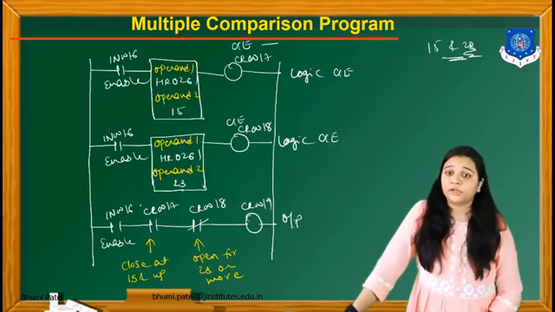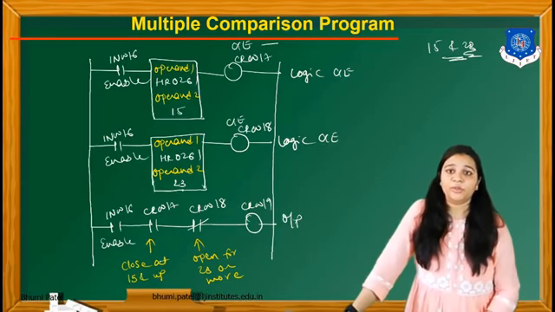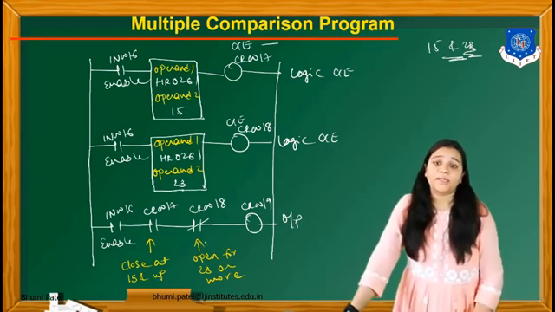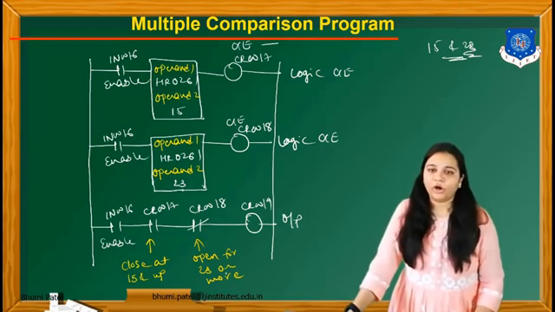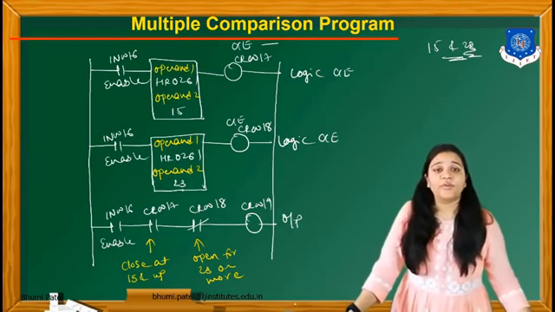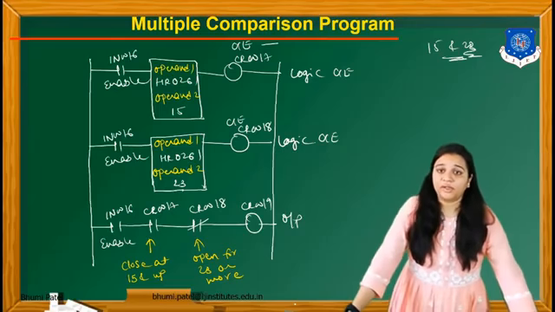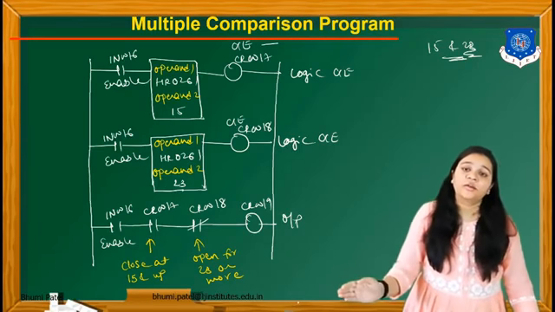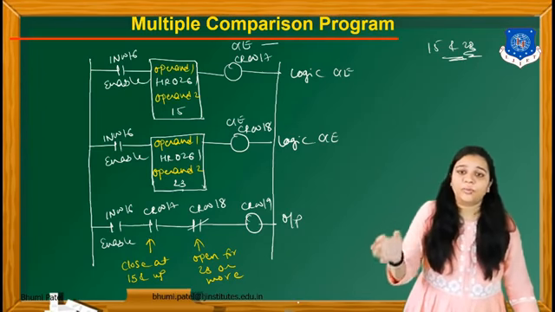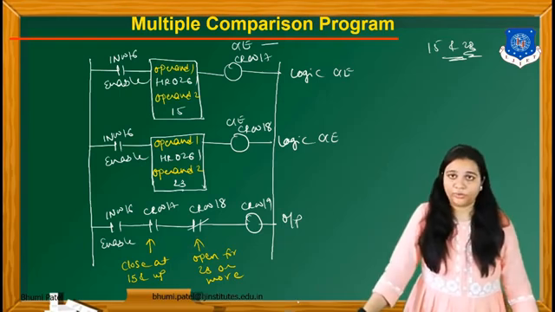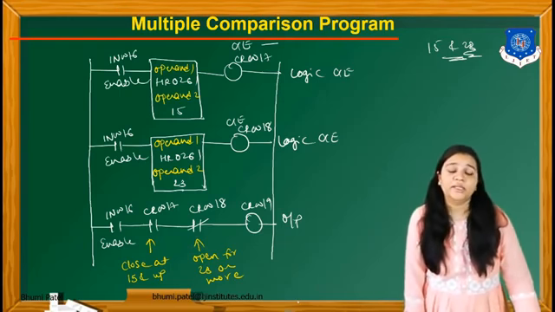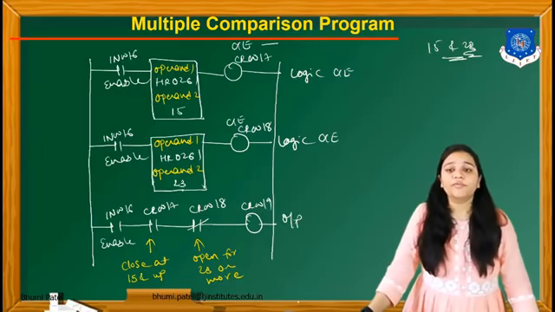So it is closed at 15 and up, and it is open for 23 or more. We have to find the number between 15 and 23, so for that we close output number 1 for 15 and up and open for 23 or more. Using the comparison function, we can easily find different combinations of these numbers.